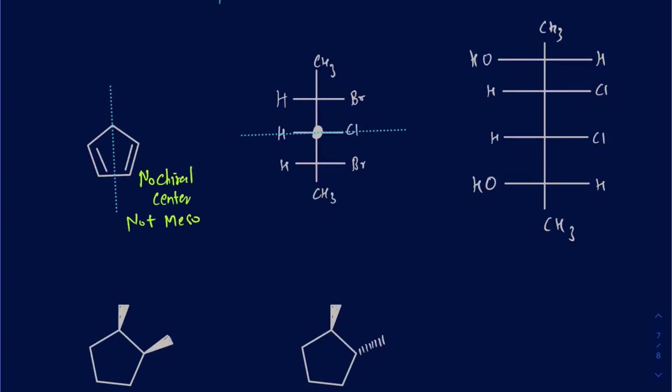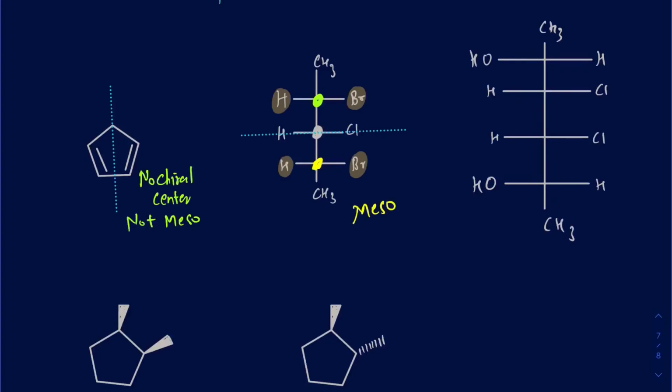What about this second one? The second one has an internal plane of symmetry where you can draw the horizontal line in the middle. And I got two chiral centers, one on the top there, and another one on the bottom. And we can clearly see that the top portion of the molecule and the bottom portion of the molecule are mirror images of one another, where bromine aligns with the bromine there and hydrogen aligns with the hydrogen. So as a result, this particular compound is going to be a meso compound,